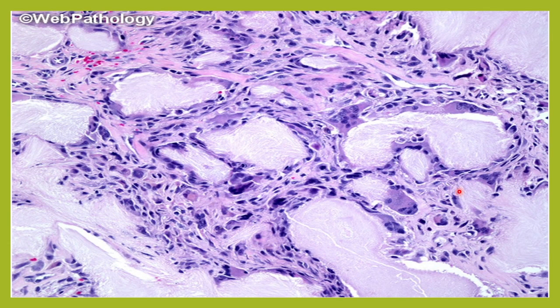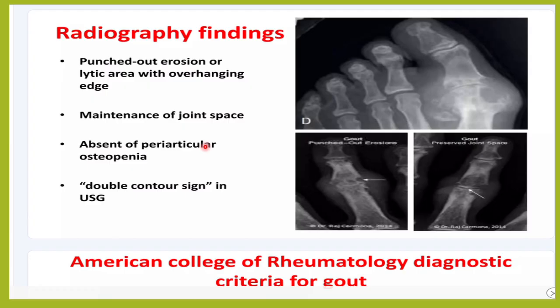So this is another granuloma. It is a chronic inflammatory reaction to this monosodium urate crystal. These crystals are surrounded by inflammatory cells. When it becomes a chronic affair, there will be chronic inflammatory cells like monocytes, lymphocytes, phagocytes, giant cells, etc. You can see the amount of fibrosis, and some amount of hyalinization is also there. And this is the granuloma which you can see in cases of chronic gout.